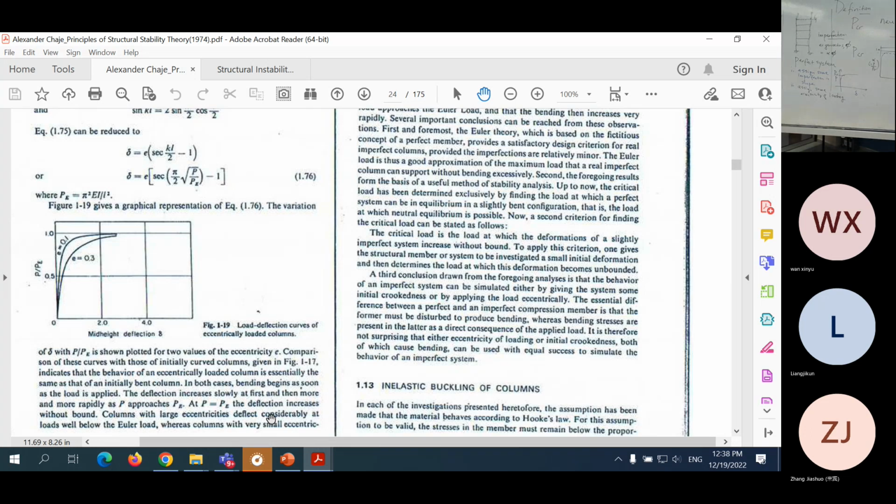one gives the structural member or system to be investigated a small initial deformation. It must be small, okay, class, and then determine the load at which this deformation becomes unbounded. It becomes very large. This is what I meant by that. When it increases a lot, that is the criterion for critical load. Another important thing that we can get from the discussion here is the behavior of imperfect systems. You can simulate by giving imperfection in shape